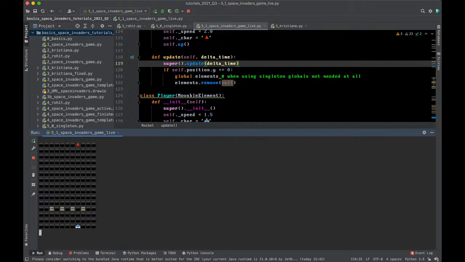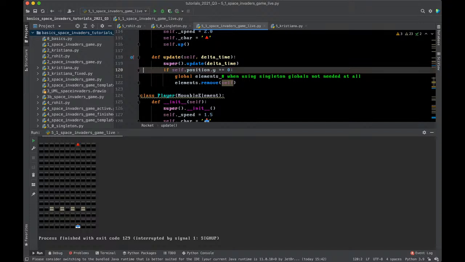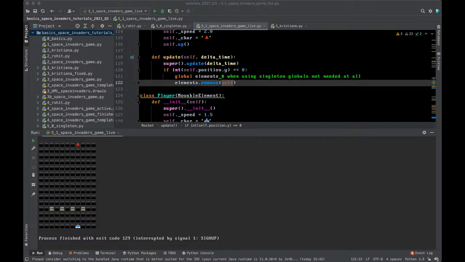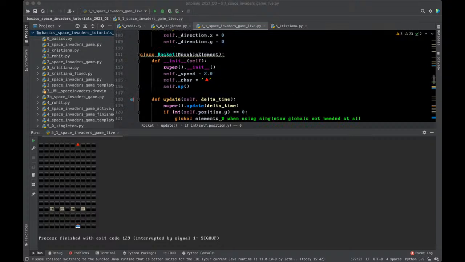And it did not disappear, which is strange. Let me see what's happening. So I know why it didn't disappear. So remember, the positions for us are floating point variables. So we need to convert them to non-floating point variables. Just use the floor function, the integer. So now it will work. Sorry, I will copy that and add it to the Jamboard,